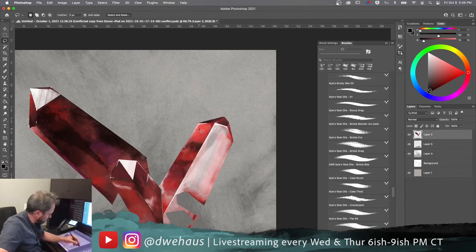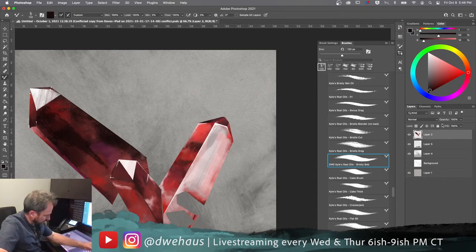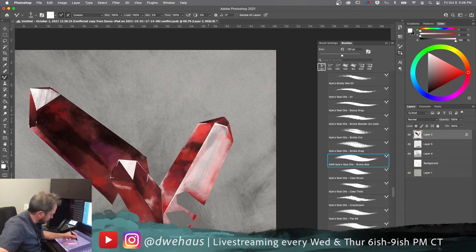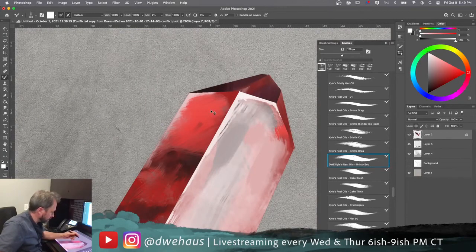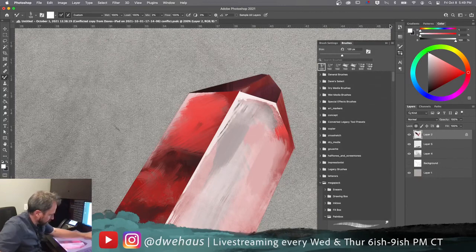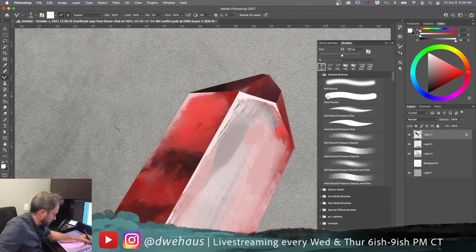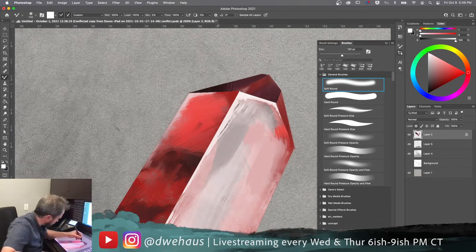So now we can come in with brush, lock the transparency, and come in maybe with just a pure white. And like I said, I don't normally use pure white, but what we want to do is add just some little tiny glints of light in a couple little spots here to really make this sing. And actually, you could probably just do this with a normal old-fashioned general round brush. Maybe we could do this. Okay, so